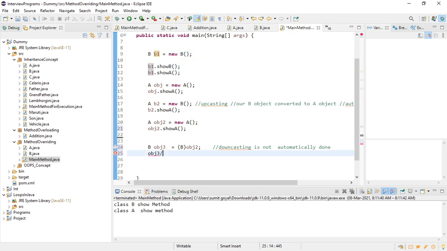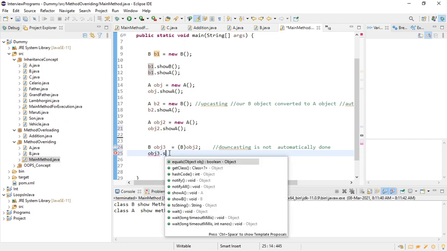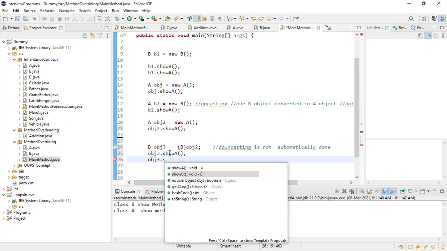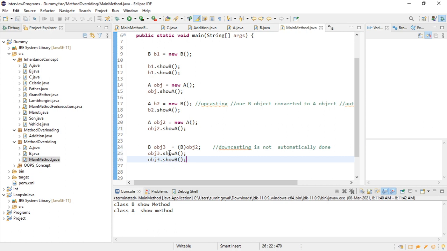So now the showy method will be called as well as the other. Right? So are you able to get these two, upcasting and downcasting?